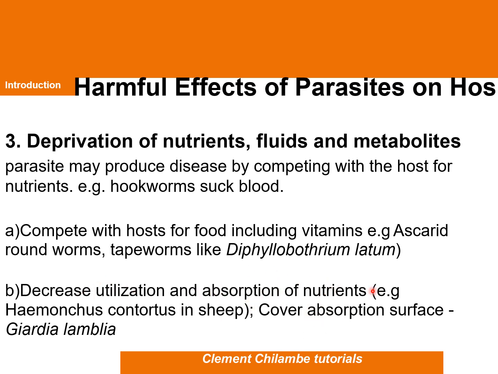But when we talk of absorption of nutrients, the Giardia lamblia, the one that even causes some infection in a human being, a mammal, specifically human being, is able to cover the absorption surface. So in covering the absorption surface, we know the villi in the small intestine, in the ileum to be specific, you find out that there is, the small intestine. Yes, in the small intestine. When they cover the absorption surface, meaning there will be a decrease in the absorption of nutrients, right?